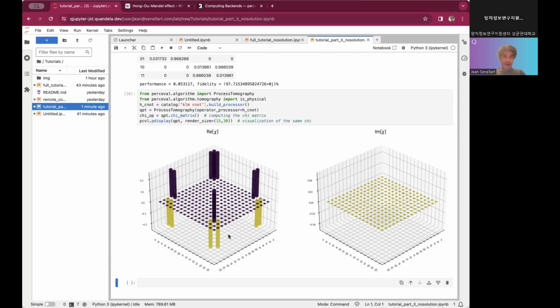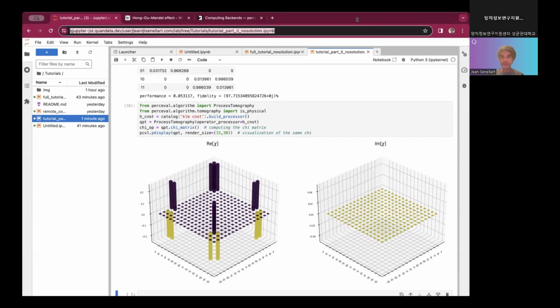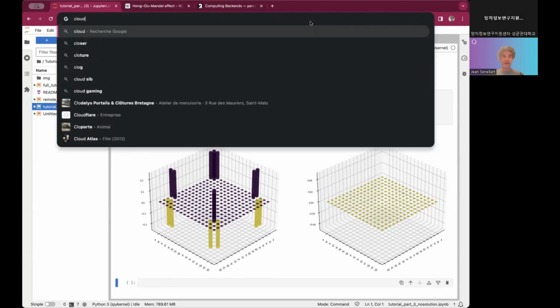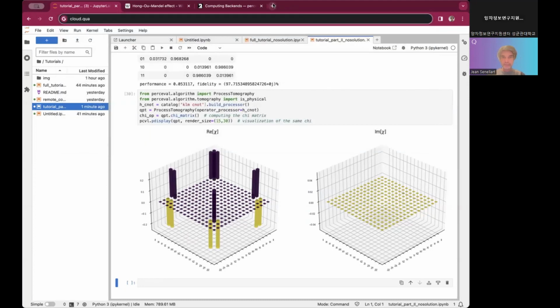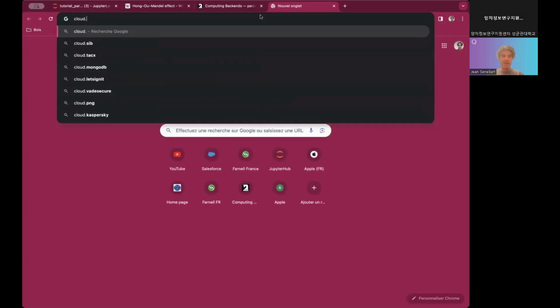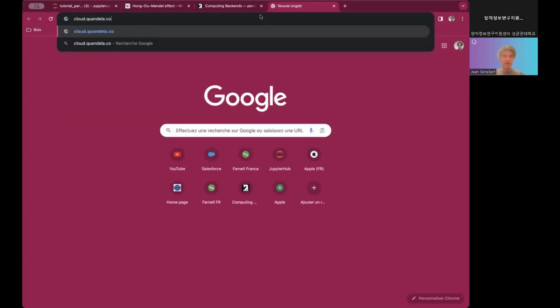That's all for the presentation of the personal internal. So this gives us the tool to make circuits, to run circuits. So I just want you to make the connection to the cloud now. I invite you to connect to the Candela cloud, cloud.candela.com. And then we'll see how we can run something on the cloud.